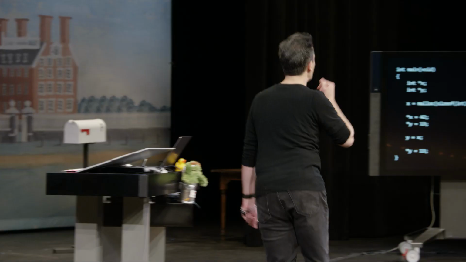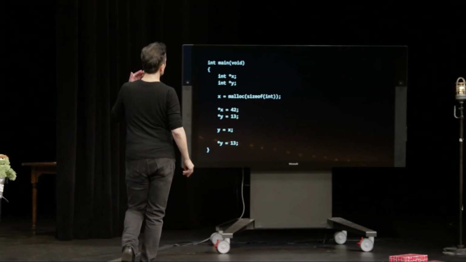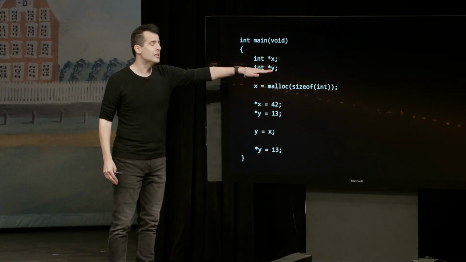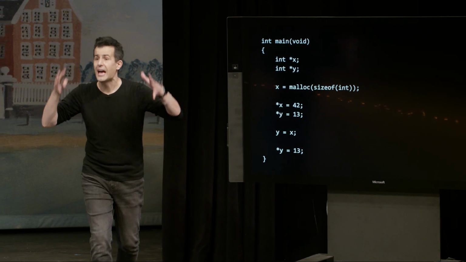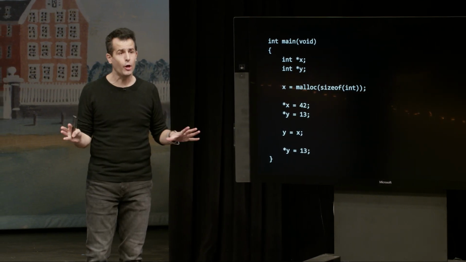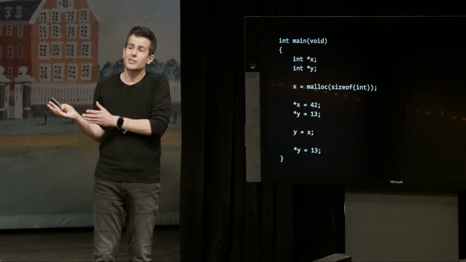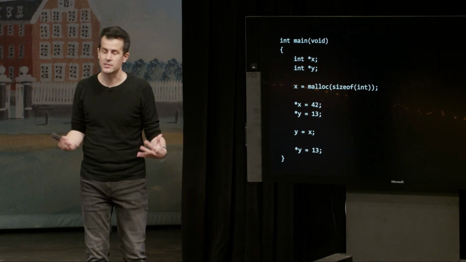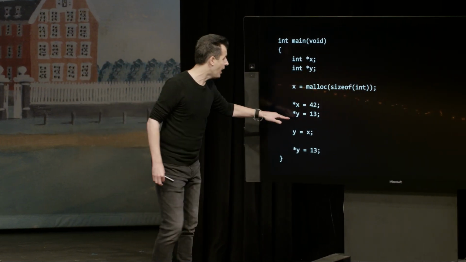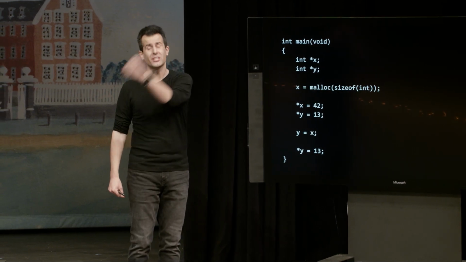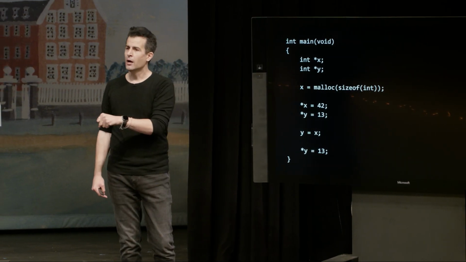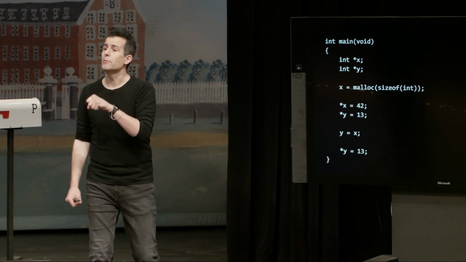And so in a program like this, where you have not explicitly initialized y to anything, you should assume that Oscar the Grouch, so to speak, is at that location. It is a garbage value that looks like an address, but is not a valid address. And so when you say star y equals 13, that means go to that address, but really go to that bogus address and put something there. And odds are your program is going to crash.